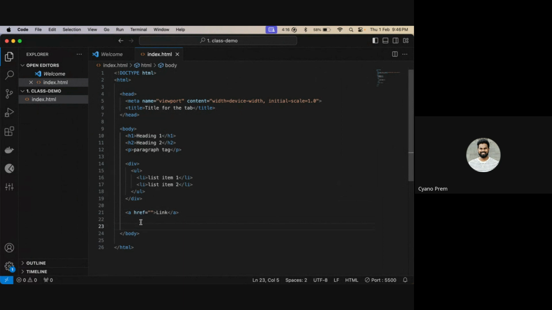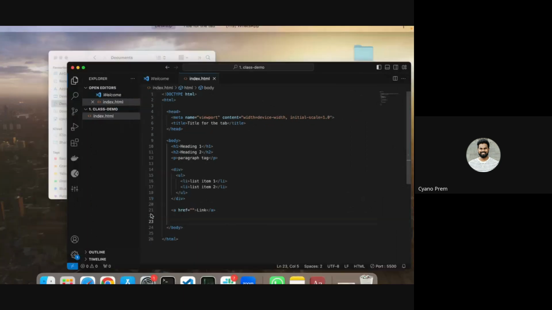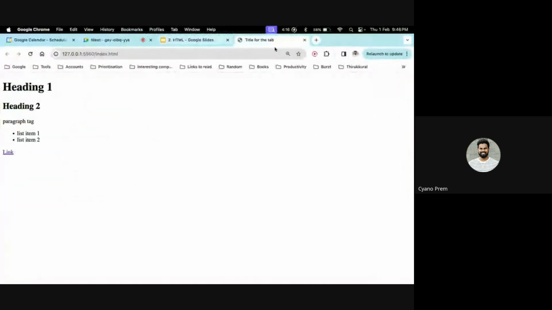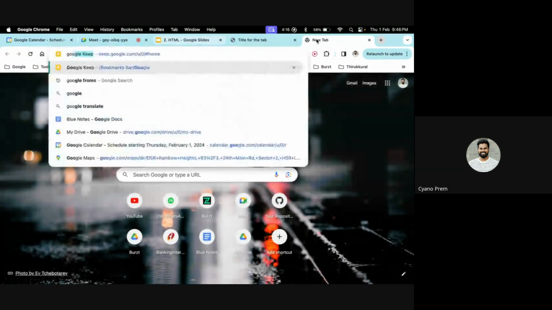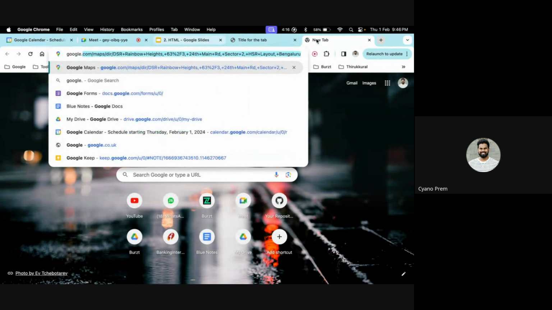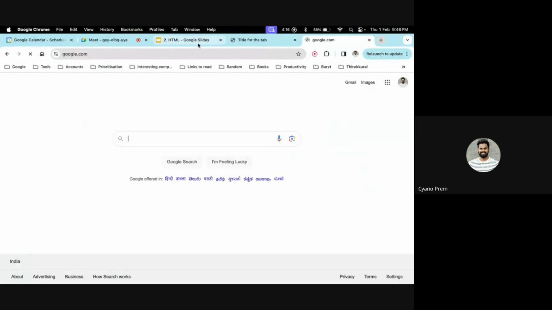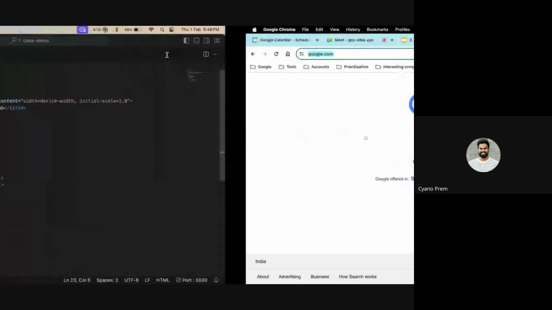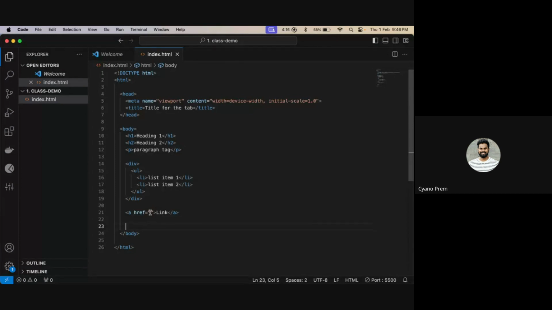Okay, so right now what I'll do is I'll just link this to google.com. So within this href, I'm pasting https://www.google.com. Okay, now the text will show as link.